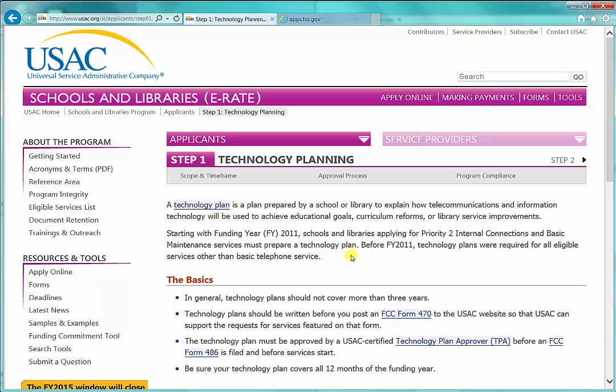This actually is out of date. I mean, first of all, the terminology is now Category 2. The rules introduced from July of last year stated that you do not need to submit a technology plan. So that's just a cautionary warning